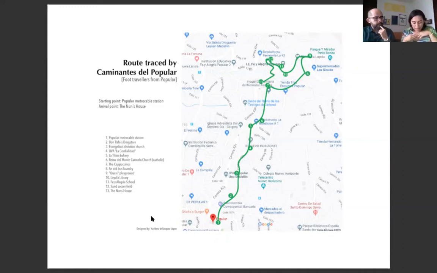The people that we interviewed about this kind of routes, this experience, said that this route is the patrimonial one, really the patrimonial, the important one, because it's the one where people talk about their identity, their memories, and in the same way as the Caminantes del Popular,